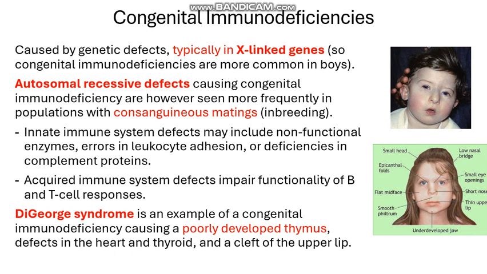Autosomal recessive defects, so genetic defects inherited on chromosomes 1 to 22, all the somatic chromosomes, so all the chromosomes that aren't the sex chromosomes X and Y, cause congenital immunodeficiency more frequently in populations with consanguineous mating. That basically means congenital immunodeficiencies caused by mutations on chromosomes 1 to 22 are more likely to be found